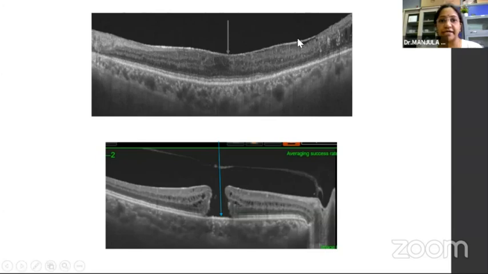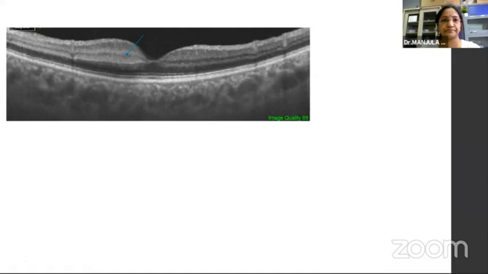In the first OCT, as the arrow mark shows you, there is a hyperreflective membrane on the surface of the retina. Since it is on the surface, it is called an epiretinal membrane. And in the lower picture, if you see the arrow mark, there is a discontinuity in the retinal surface contour, and this defect extends throughout the entire thickness. Hence, it is called a full thickness macular hole. Also the edges are edematous, showing abnormal hyperreflectivity suggestive of fluid accumulation.